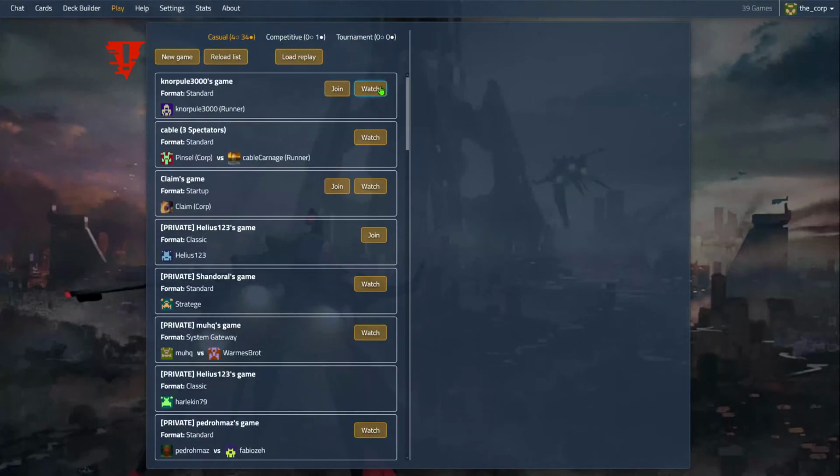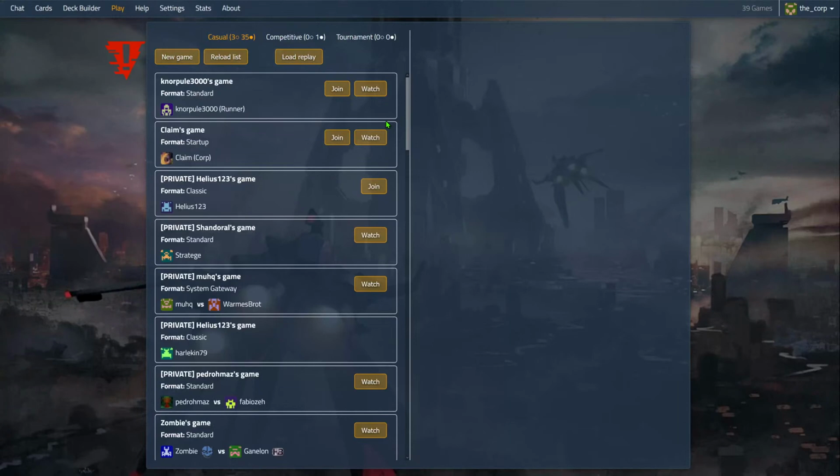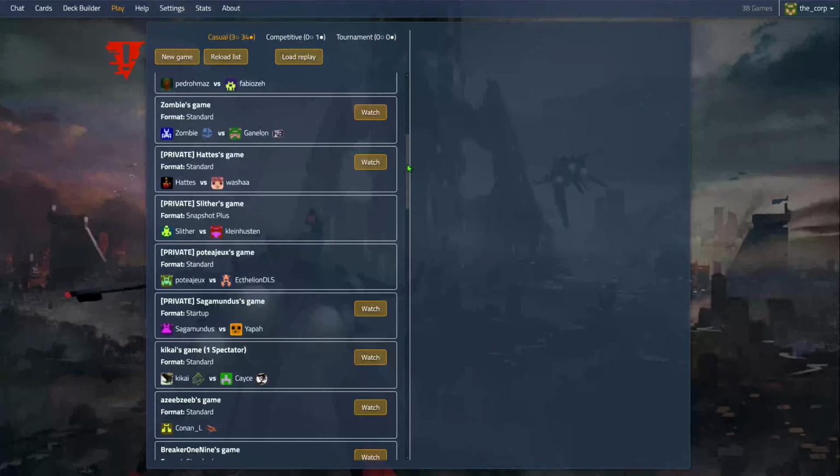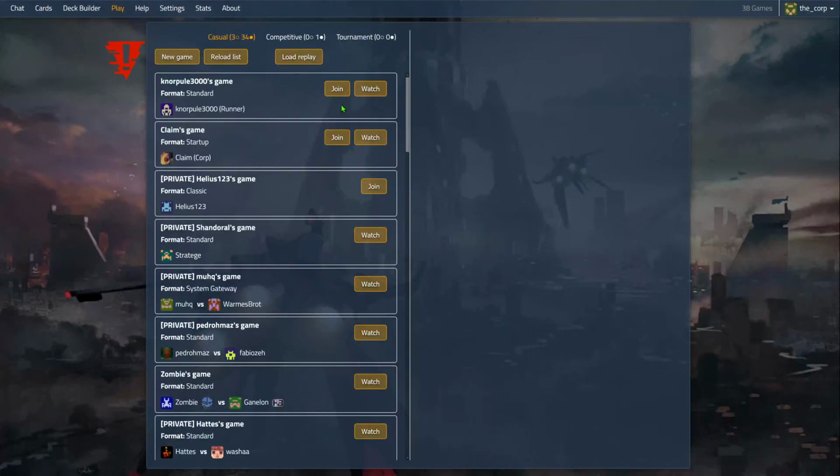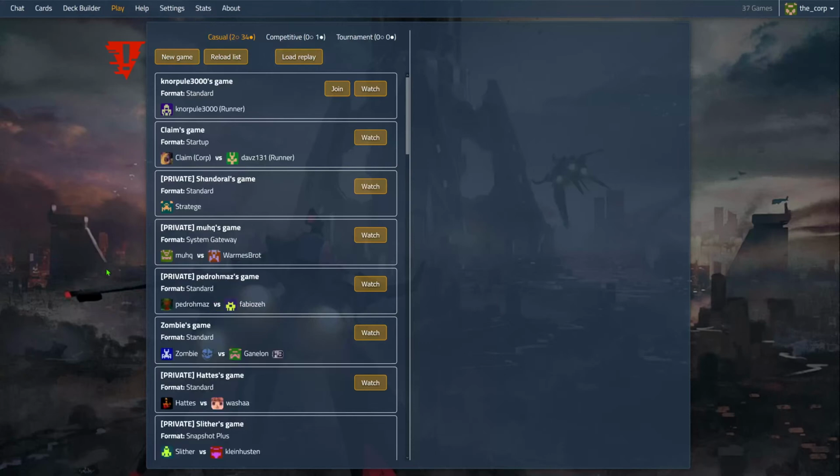You might choose any of the games that says watch. If a game doesn't say anything, most likely it's private, and depending on the settings of the game, you might be able to watch it, or you might not be able to. If it says join, you might be joining somebody's game because that person has a free seat at their virtual table. So what I'm going to do right now is create a game here,